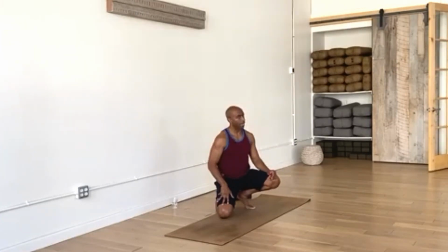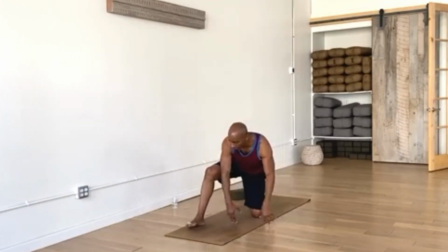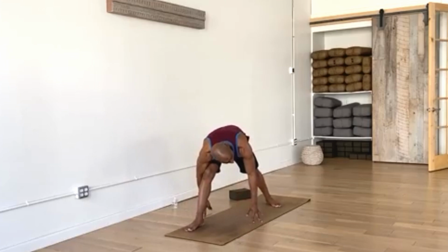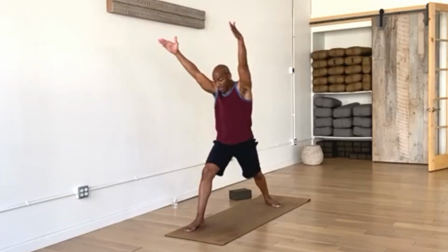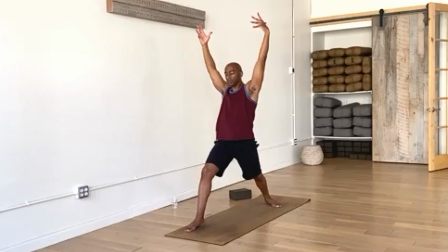That's it. Exhale to step through, right foot to the top of the mat. Just wiggle the toes forward if you need to, or pick up the foot to place it there. And then turn your left heel to the floor behind you. Be sure to put some weight in that back foot by stepping your hands back a little bit. That's it. Elongate through your torso. Inhale, hinge from hips. Reach forward, facing forward, rising. This is our first warrior. Let's hold here for a moment. A nice reaching up